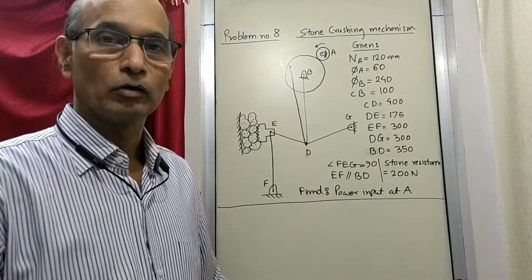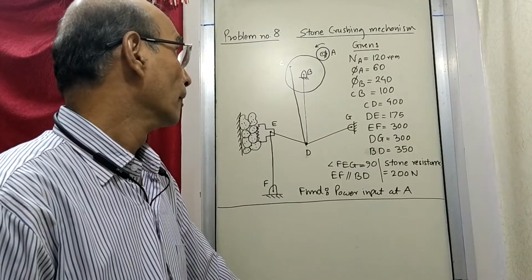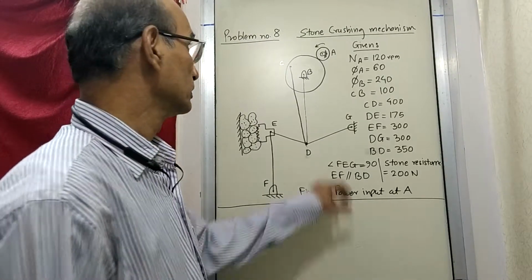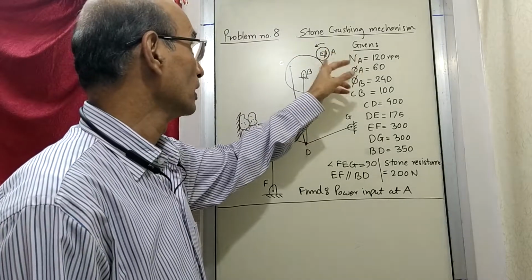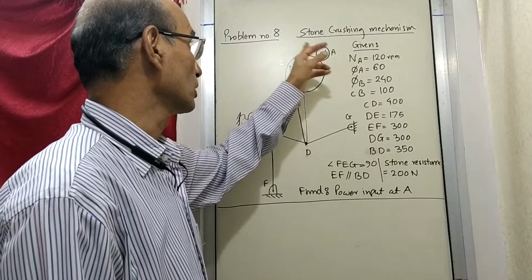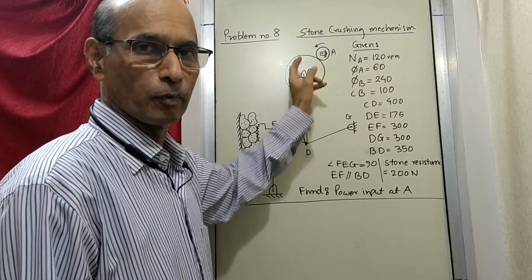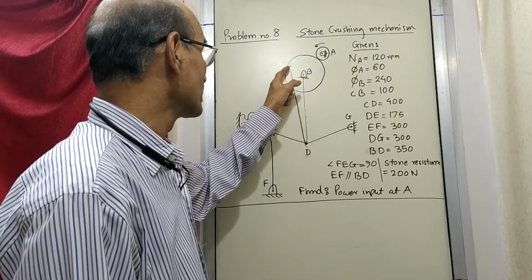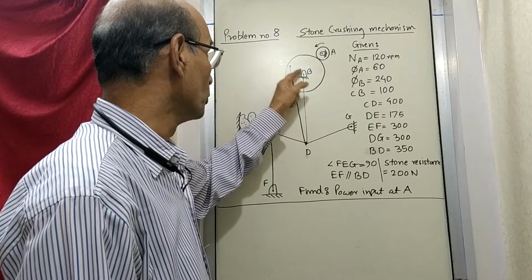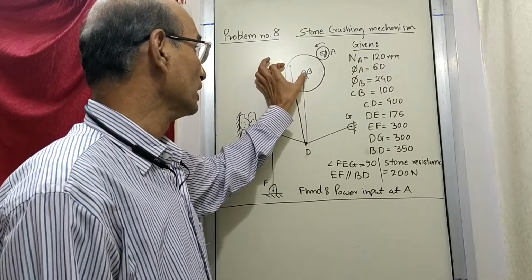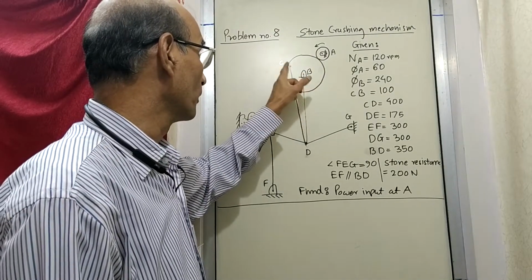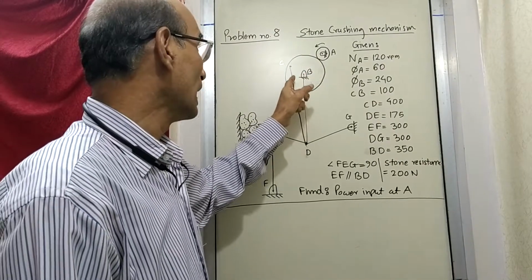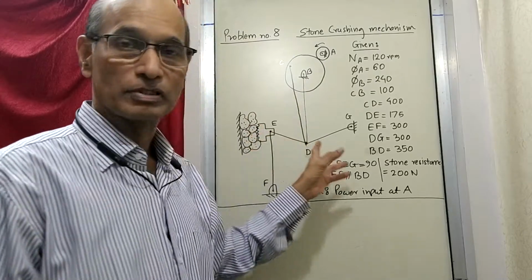So now you can see how the problem is. There is a linkage diagram shown. There is a roller here, there is a roller here. Power is input at A. So when the roller at A rotates, the roller at B also rotates in the opposite direction. This is like a crank. So C to B is a link. The CB line, if you draw that line, is a link. So instead of considering this roller, you can just think of a line like this, which is a link. That link will rotate and then this mechanism will start working.